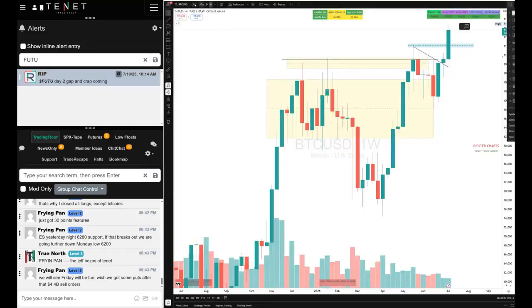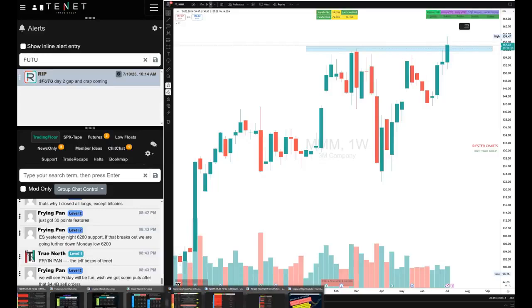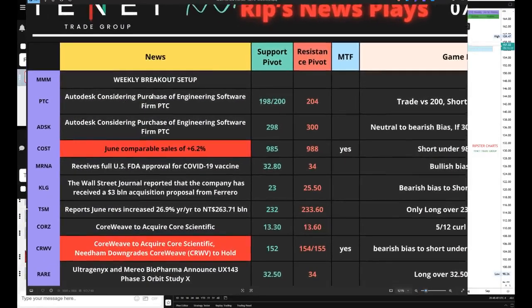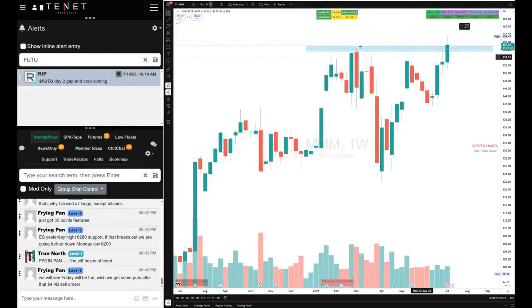I just want to look at one setup which was really good that I gave in the pre-market. It is called Triple M. Yesterday one of our members told me, hey Rip, look at Triple M, it's setting up a weekly breakout. So I told the traders it's a weekly breakout setup, follow the cloud rules. So let's see how that panned out. You see this weekly breakout? These are the weekly charts. So you have to analyze them before they move.